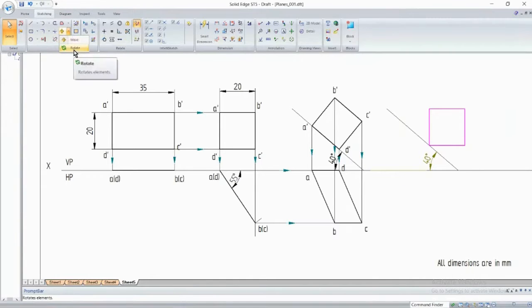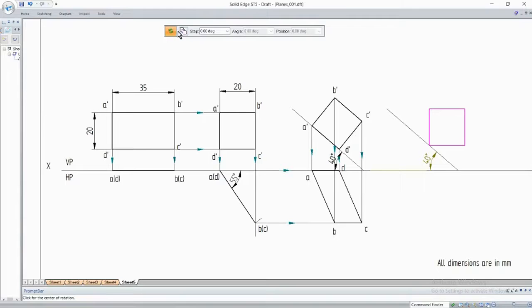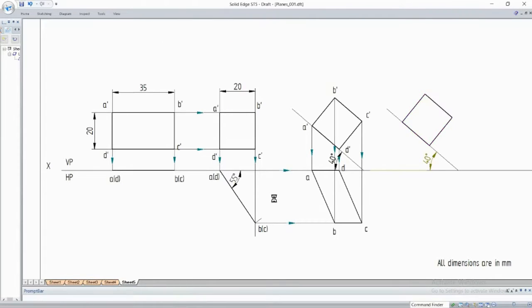Then use the rotate command. While rotating, I don't want a copy, I just want to rotate it along this edge. Make sure this edge is inclined at 45 degrees. I'll take this as the center of rotation along this line, select this line, rotate it and place it like this. The rest, naming it and drawing the projection lines, you can do the same way as you did here. Use move and rotate commands and you can directly get this. You can see this and this are the same. As I told you, this shape and this shape should be completely the same. Clear to everyone? So this completes this problem.